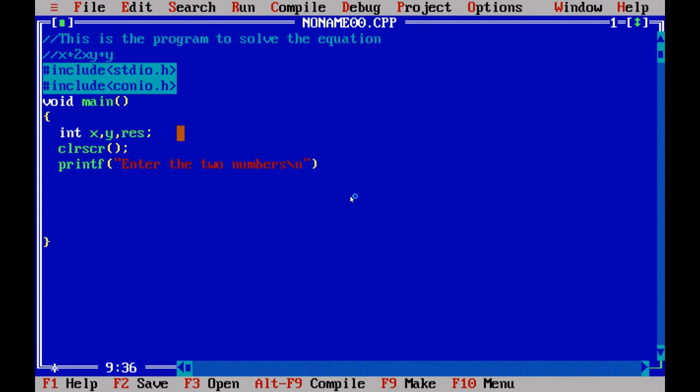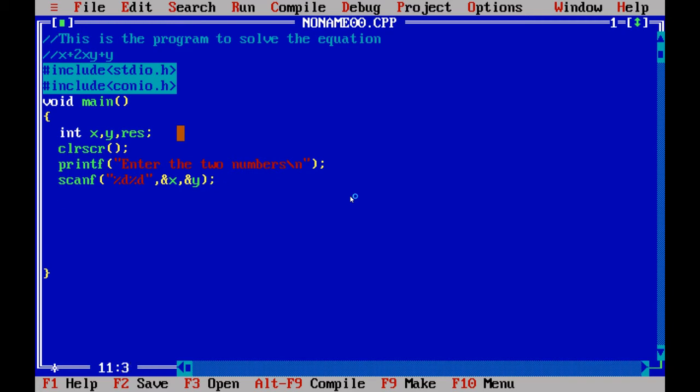Then you can make use of the scanf statement. Percentage d, I'm using here because the input variables belong to the data type integer. Then close this, put ampersand x comma address of y. That's all. So you got an input for the variables x and y.